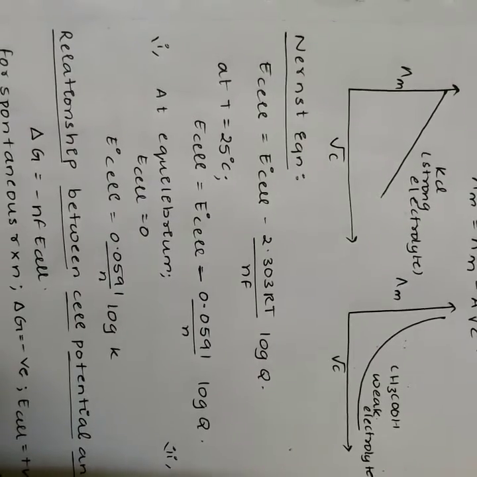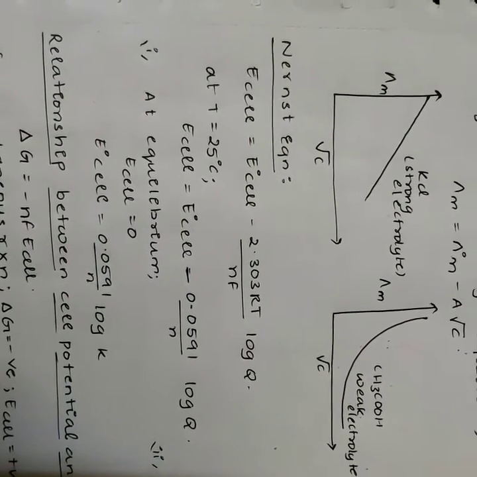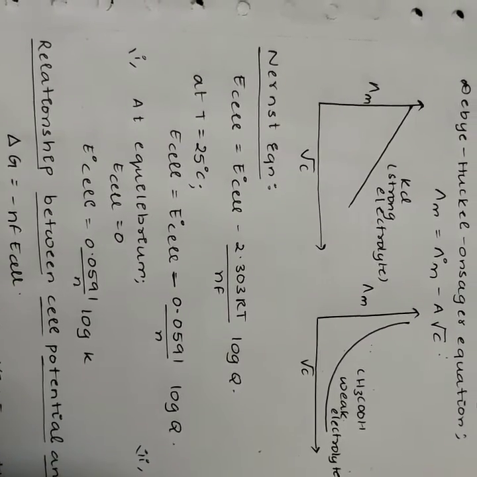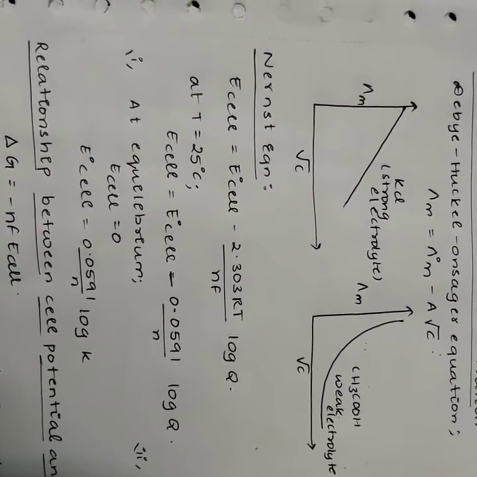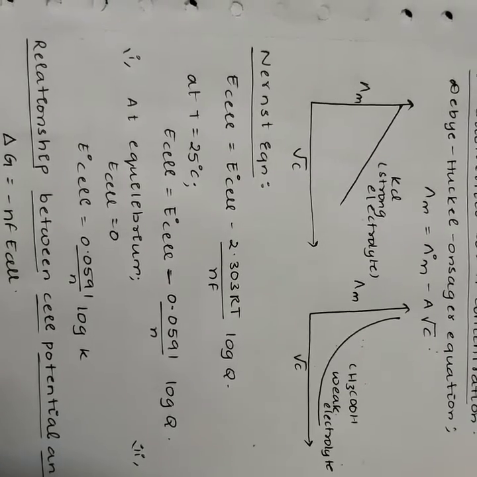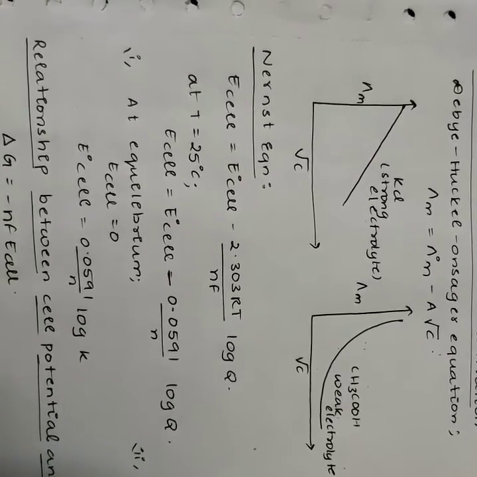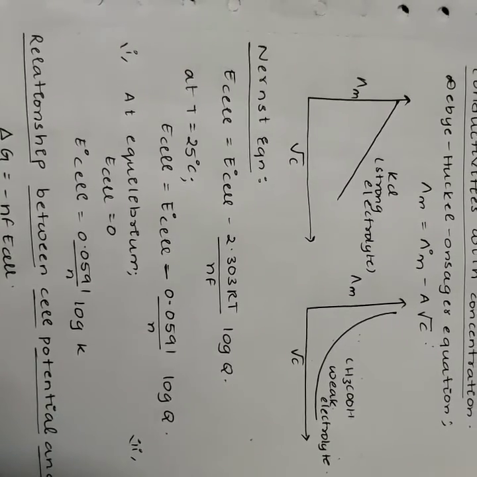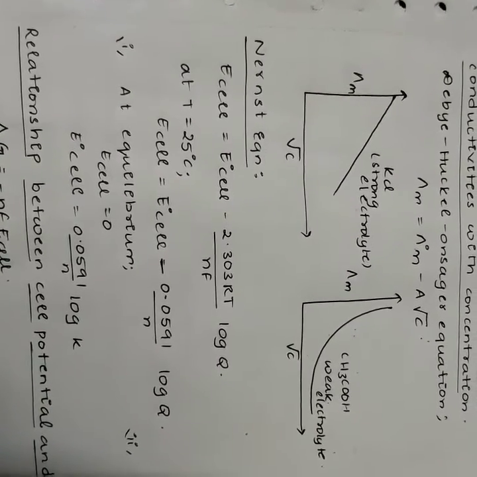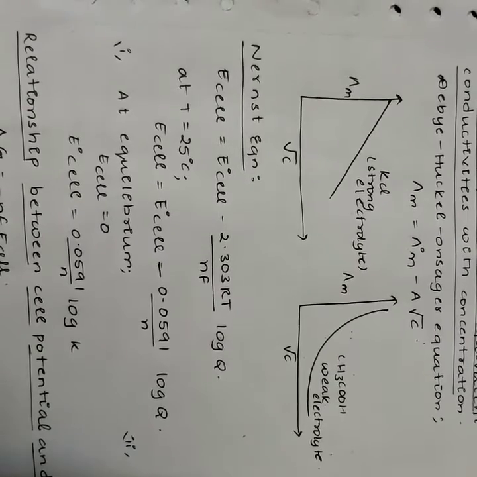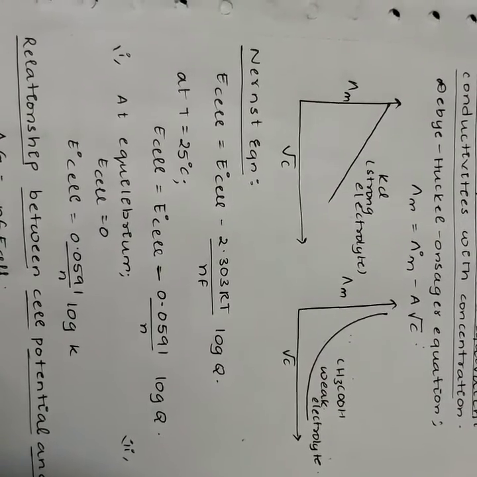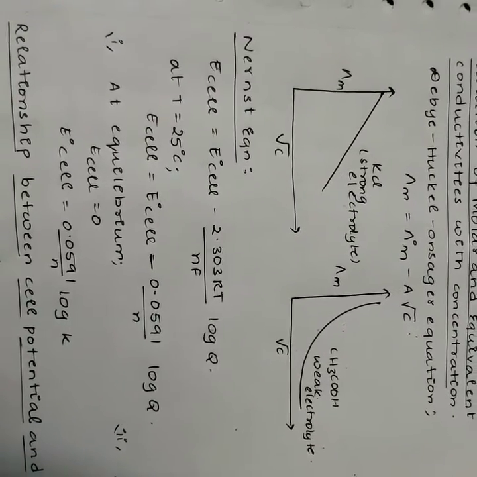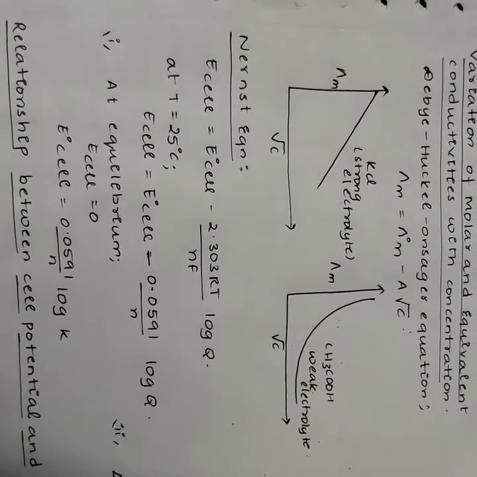Nernst equation and its applications. The relationship between electrode potential and concentration of solution is called Nernst equation. E cell or EMF is equal to E naught cell minus 2.303 RT by nF log Q, where Q is the reaction coefficient of overall reaction, F is 1 Faraday, that is 96,500 coulombs, n is the total number of